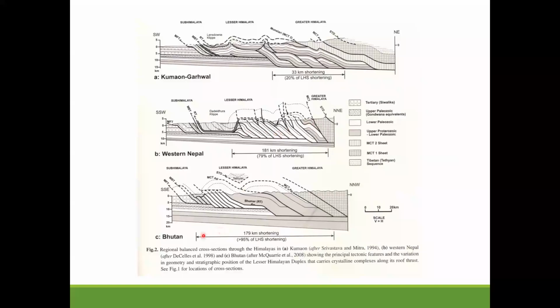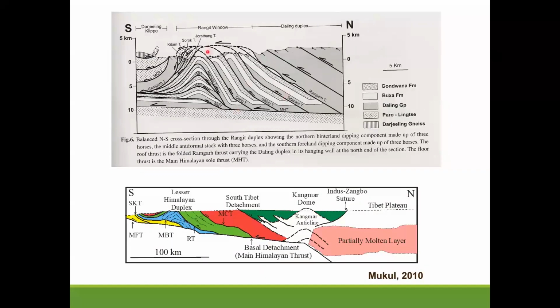There's evidence of that. Similarly, in Bhutan, you see the same kind of structure. The geometries are different. And the most complex geometry of this is basically seen in Sikkim Himalaya. Okay, so that's the Namche area. And right in the front of that, you see the Rangit River. Okay, that's about here for people who are familiar with that part of the Himalaya. So if you look at the Darjeeling Sikkim Himalayan wedge, it looks similar to this, if I combine the results which were obtained in 1996 with all the work that has been done there.